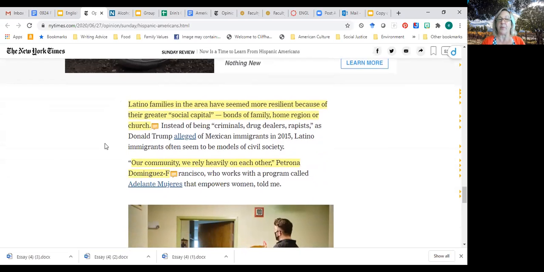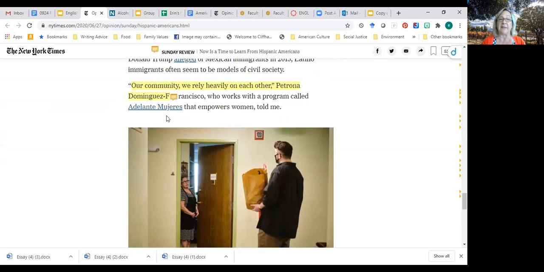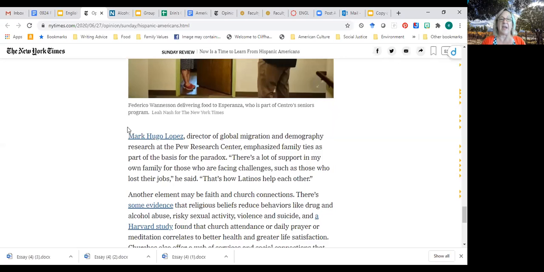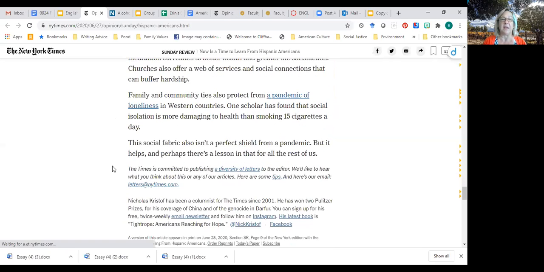And then he quotes Trump. Provides another example of Adelante Mujeres, and then another example of an authority, and some more evidence from a Harvard study. And finally, he says, the social fabric isn't a perfect shield from a pandemic, but it helps, and perhaps there's a lesson in that for all of us. We need to learn. Okay.